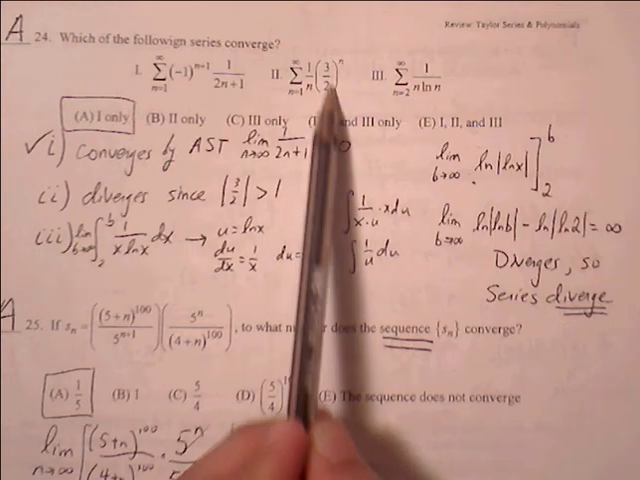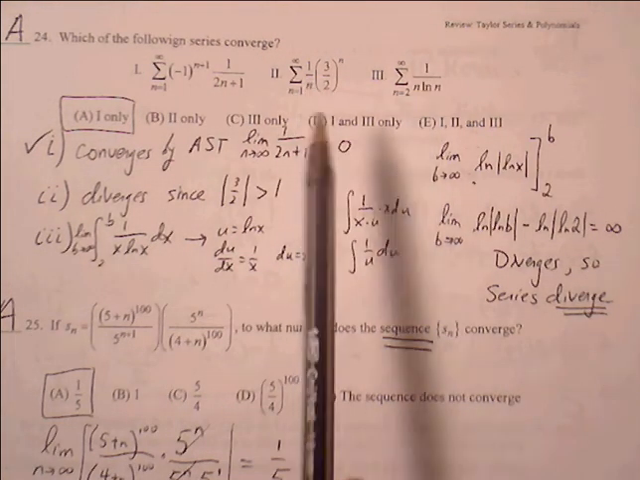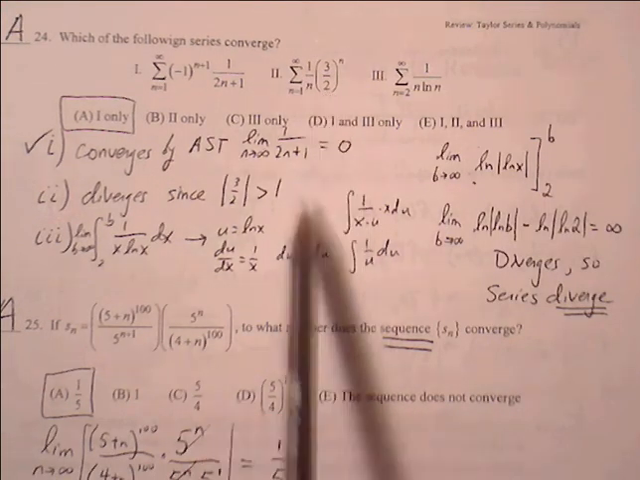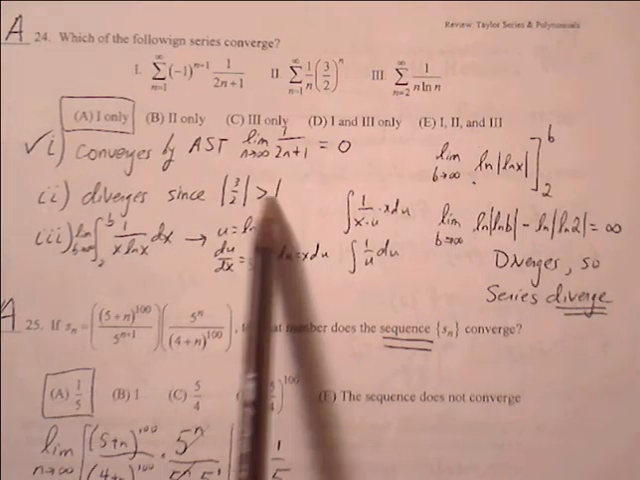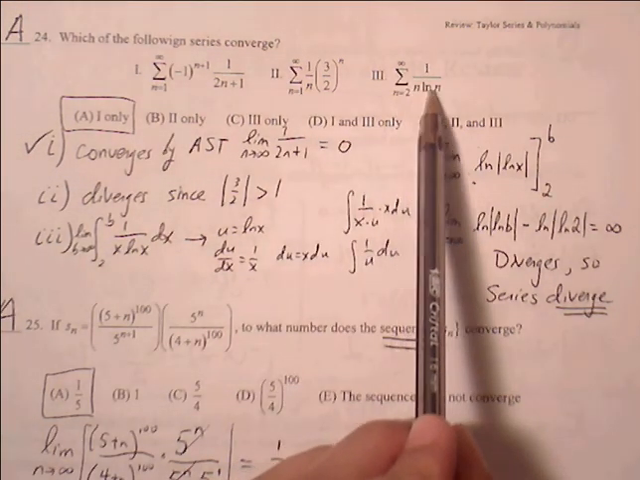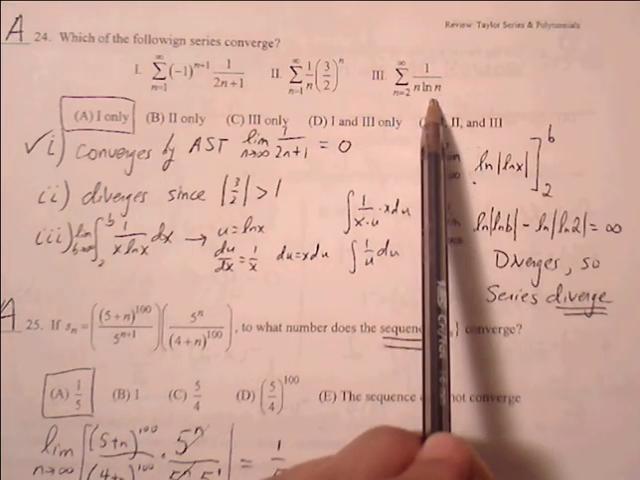Second one here, we see that 3/2 to the n, this is in the form of a geometric series. 3/2 is greater than 1, so we know the series will diverge, since the absolute value of 3/2 is greater than 1. And then for the third one here, 1 over n ln of n, this is most likely in the form of allowing us to go through